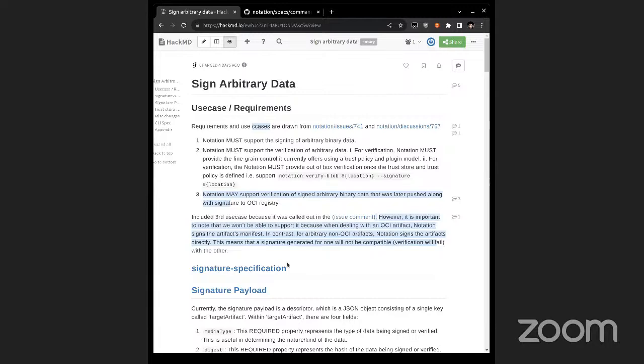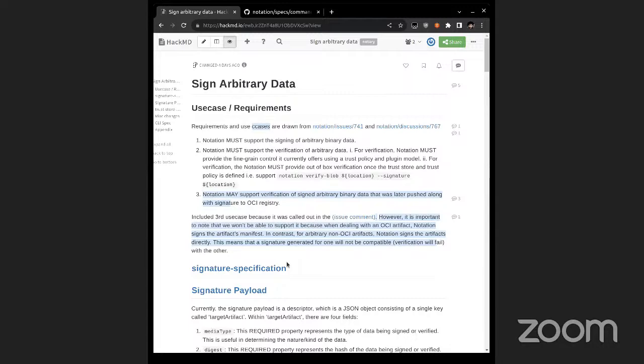After this feature, notation will be able to sign any arbitrary data like blobs. The signature specification will be similar to what notation is supporting for OCI artifacts today. But this proposal will not deal with any registries. It will allow signing arbitrary bits present on the disk,